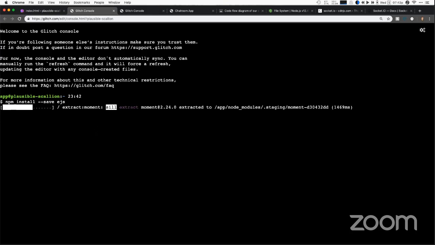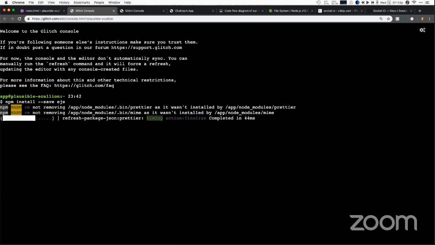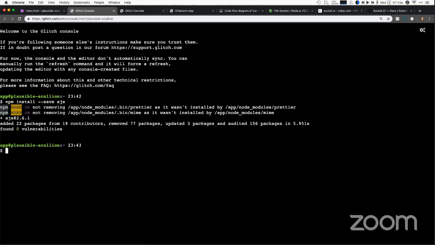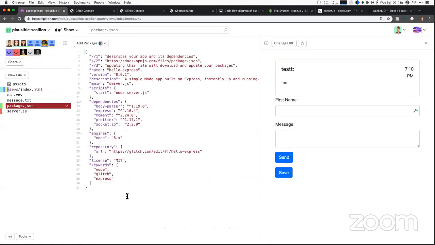I believe EJS is actually built into Express, so we don't need this step, but it's still a good idea to run it so it's saved into our package.json, into our dependencies. When someone else opens up this project and asks what technologies we're using, they can go to our package.json and see that we added